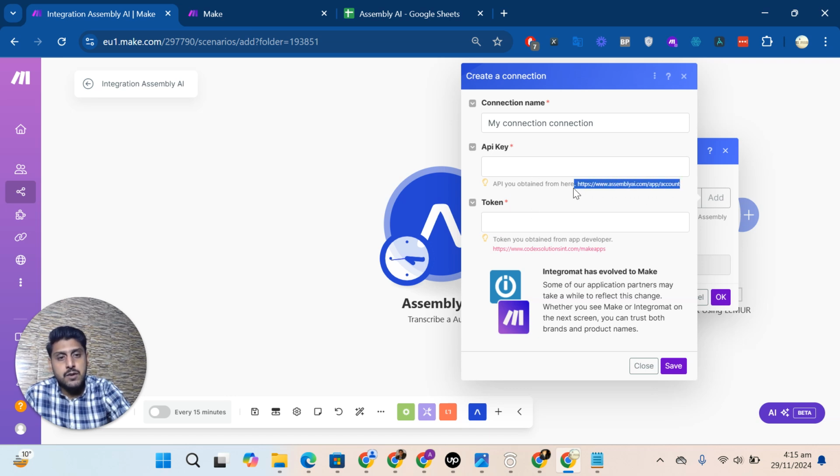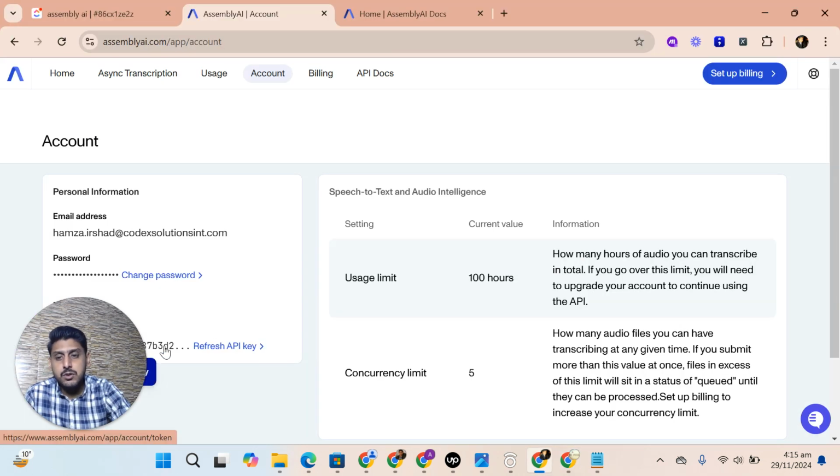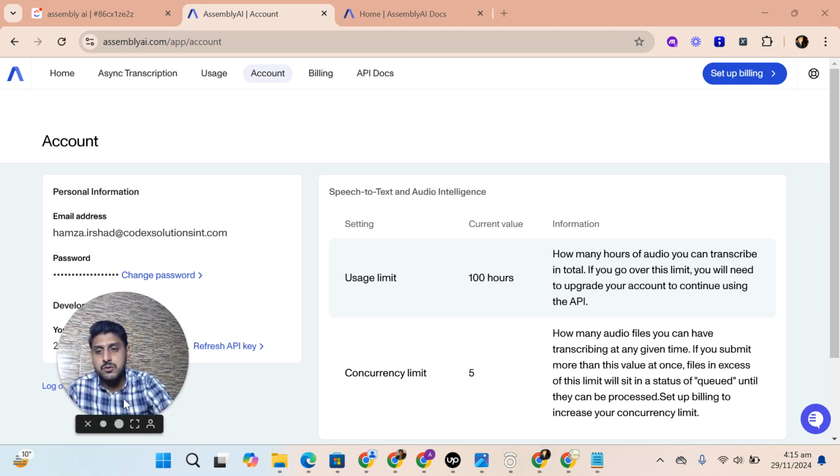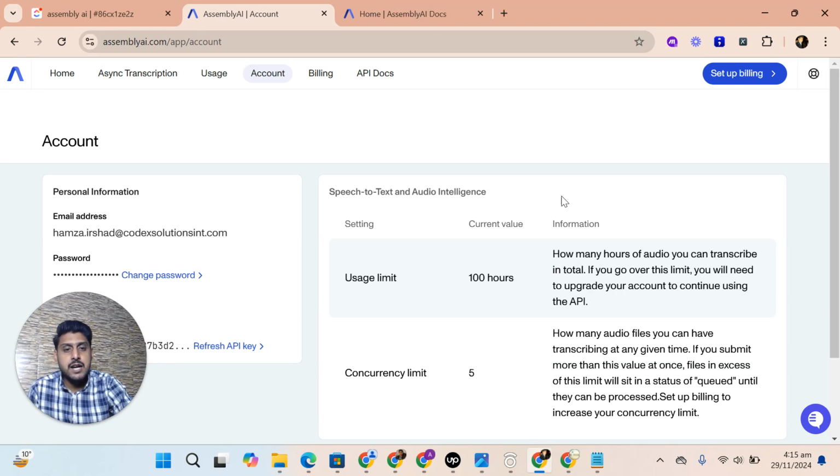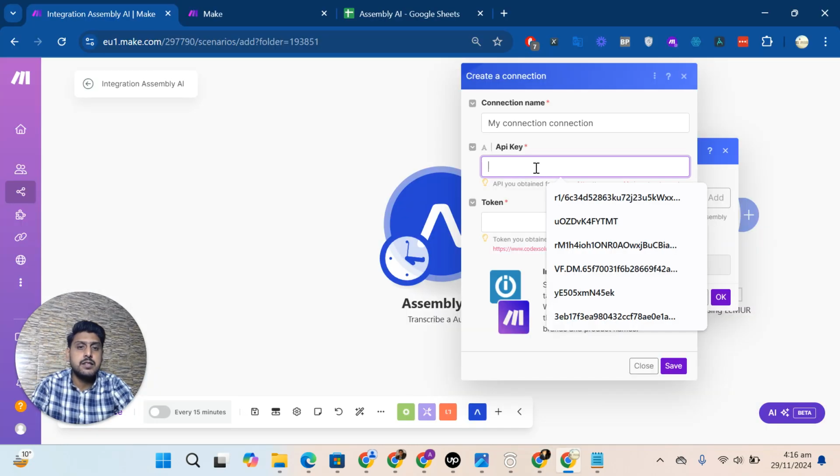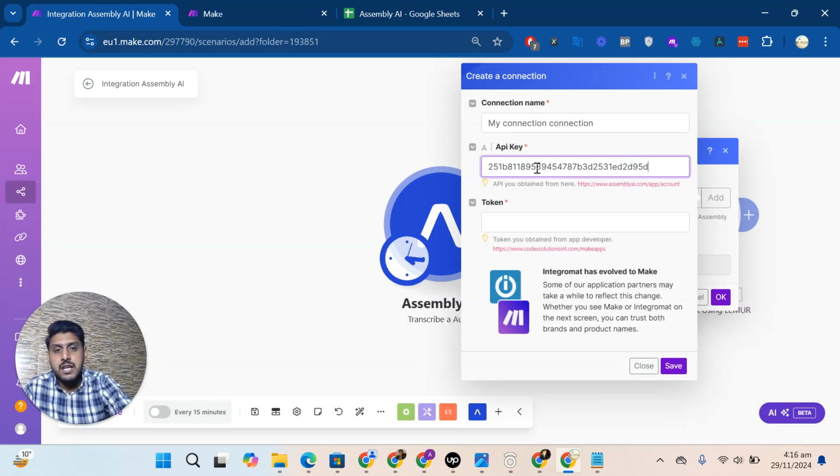For the API key you have to copy this key from the account. So you go to this place, and after that you can copy from the section below. Copy your API key, go back to Make, and paste it here. For the token, this is the token you will get in the email after